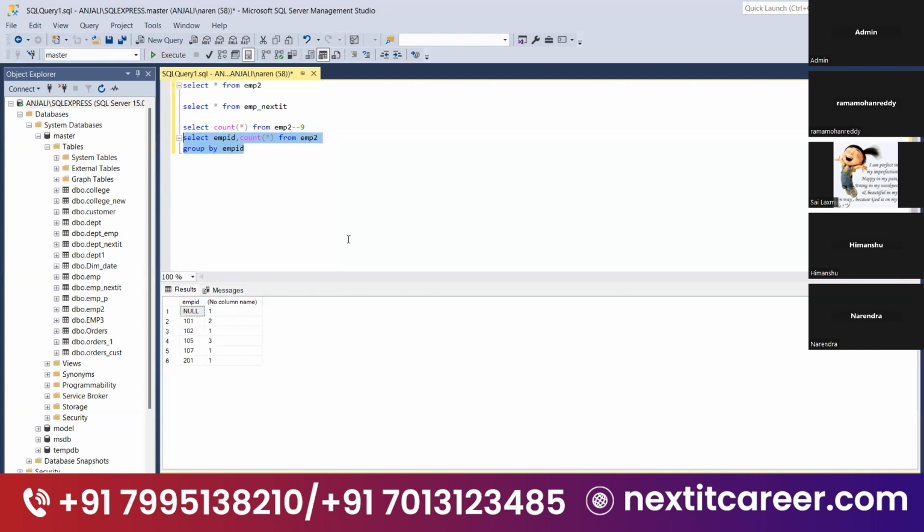This is how, for each group, it is going to give us the data. See, 101 has 2, 105 has 3, 107 is 1, and 201 has 1. So this is how the count will be displayed for each employee. Got it? Okay. If I want to know the employee name,